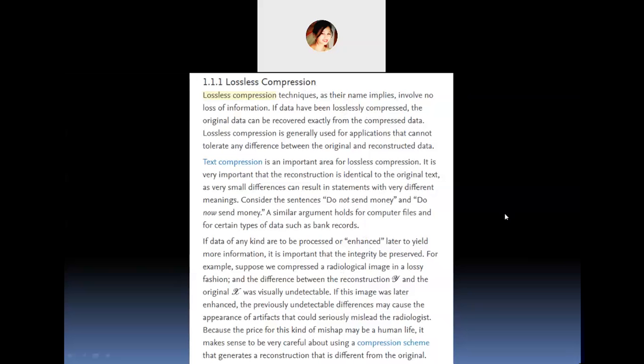Okay, so if data have been losslessly compressed, the original data can be recovered exactly from the compressed data. That is, in lossless compression we have this interesting property. Suppose you have the original data in hand and you have compressed it, and now you want to recover it back from the compressed data. Lossless compression allows you to recover exactly the original data. So lossless compression is generally used for applications that cannot tolerate any difference between original and